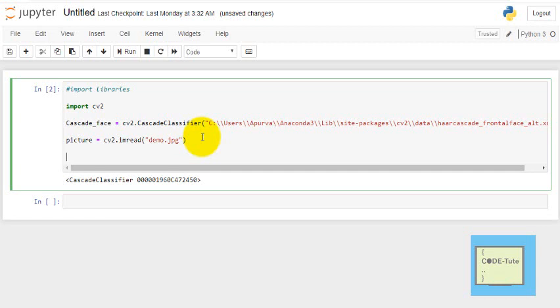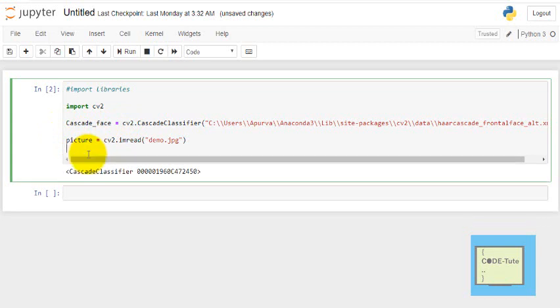The next step is to perform face detection. To detect objects in the image, the detectMultiScale function is used. Here I want to detect faces in the image, so I have taken an object, faces, which is equal to. Now to detect the faces from any image, you first need to convert that image to grayscale, and then perform the face detection. Why do we need to convert the image to grayscale? Because the Haar cascade algorithm works on edge detection, so color information is not that useful in Haar cascade.